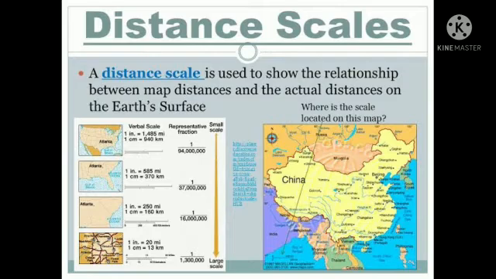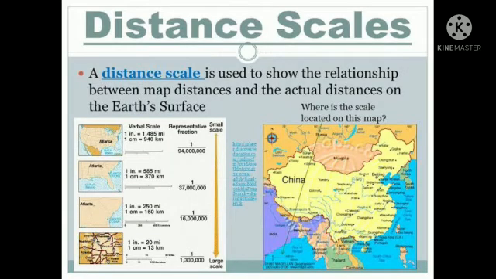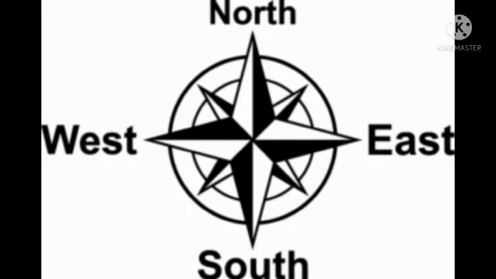For example, if the actual distance between two places is 100 km, in order to show it on a map, a small scale will be used. For example, 1 centimeter will depict 100 kilometers. This is called the scale. Okay? Students, do you know scales can vary from map to map depending on the kind of information the map wants to express? Okay? Now next is directions.